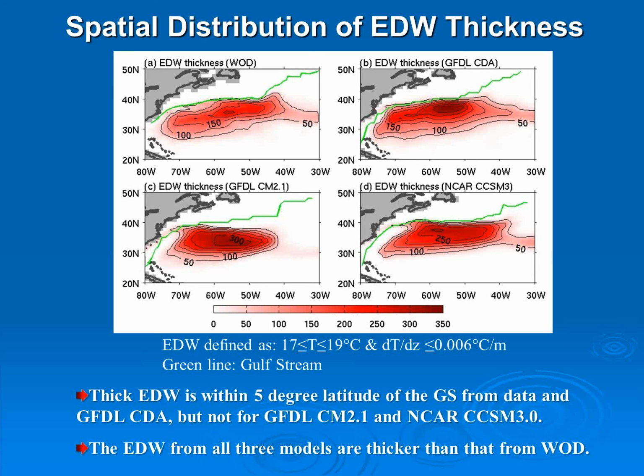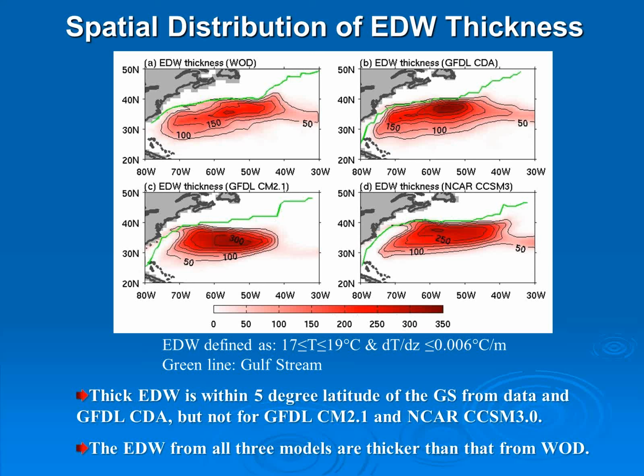So what you see in the observations on the top left is that the thick EDW basically follows the Gulf Stream very well. The green line is the Gulf Stream, but in the observations it is determined from altimetry, and for the models it is determined from each model based on the maximum velocity. So you see that in the observations, the thick EDW follows the Gulf Stream very well,